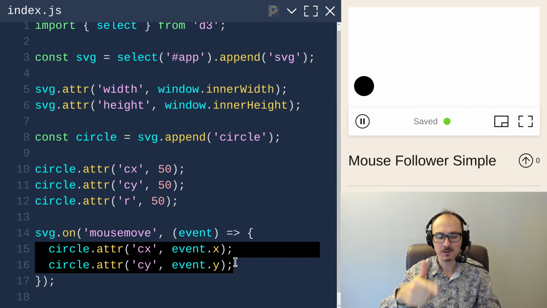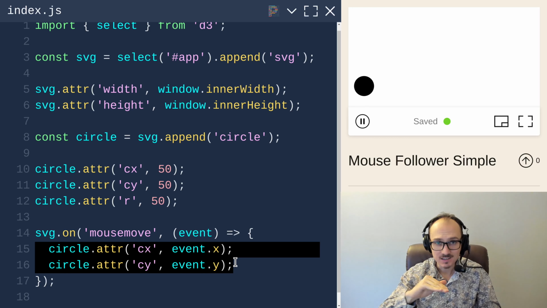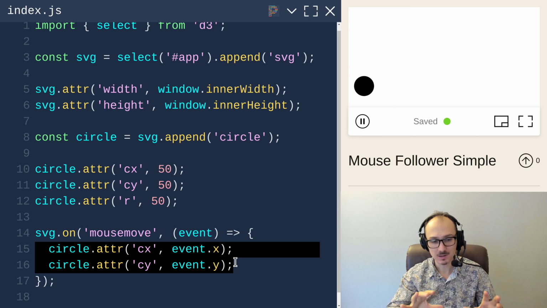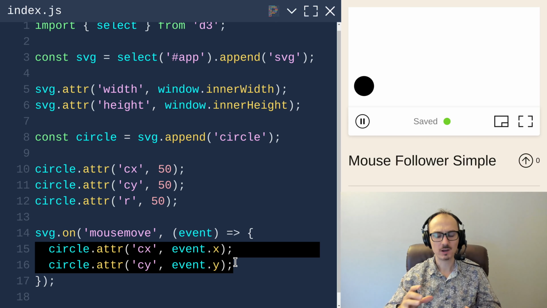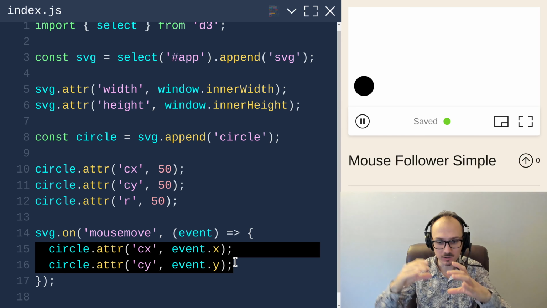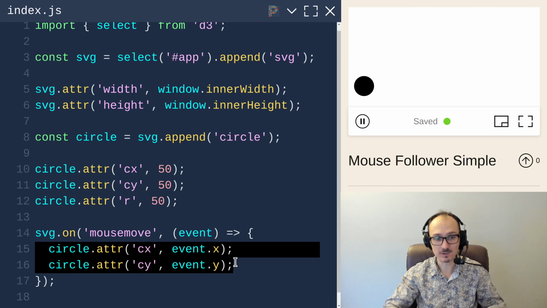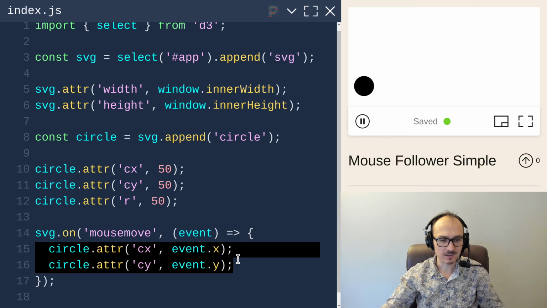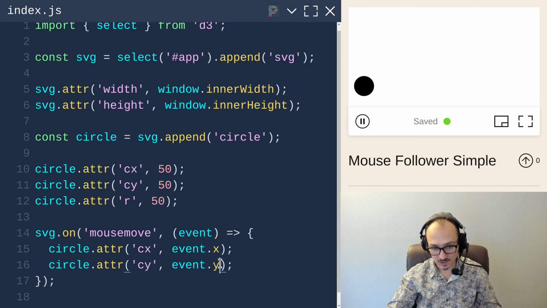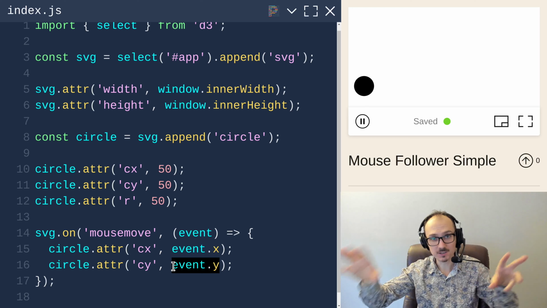This pattern, based on many experiences I've had, doesn't scale in complexity. It leads to what I would call spaghetti code, where you have to really work hard to keep track of which parts of code are responsible for which updates, and it gets especially complicated if you have multiple pieces of state. And when I say a piece of state, that's really the X and Y position of the circle in this case. But as you build out programs, you have more and more and more pieces of state to keep